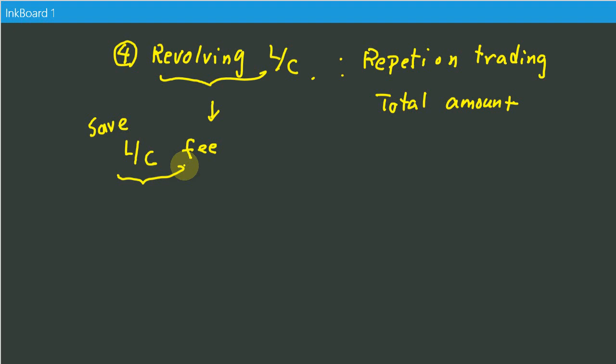Okay, and then they can save the P for opening LC, and they have convenience because they don't have to open every LC for every trading for the similar trading, right? So this is revolving LC. And then, okay, so